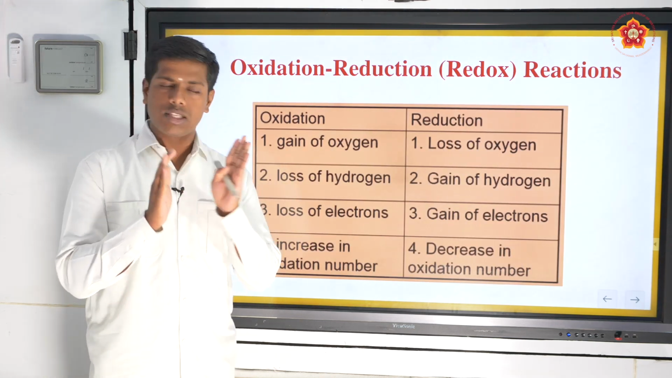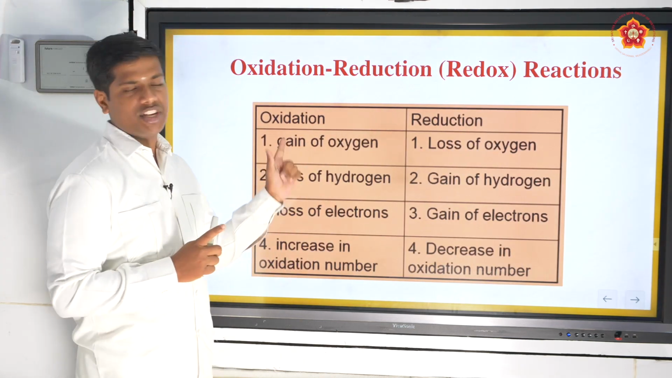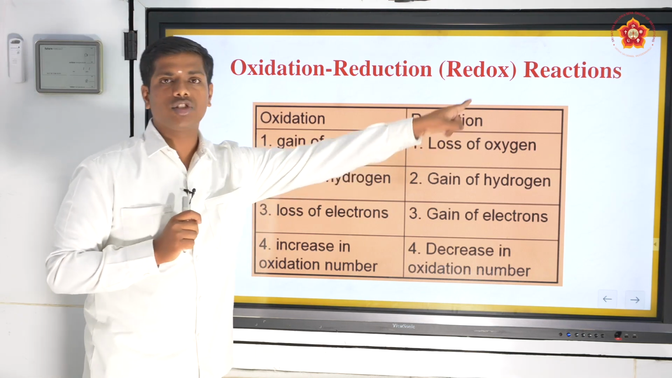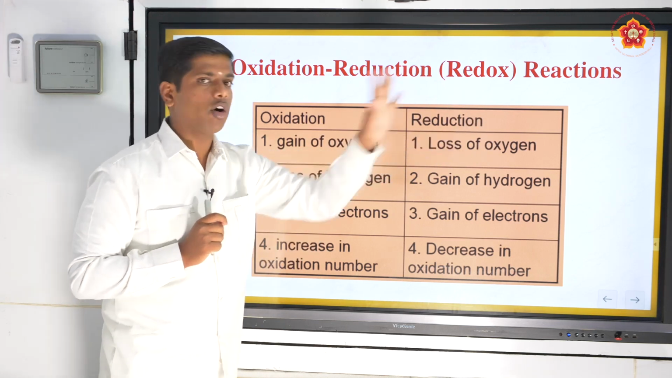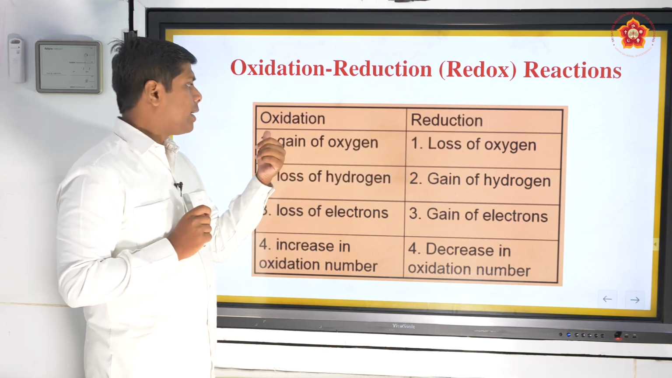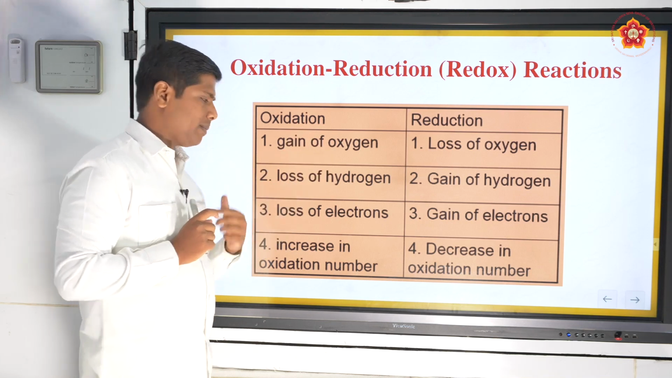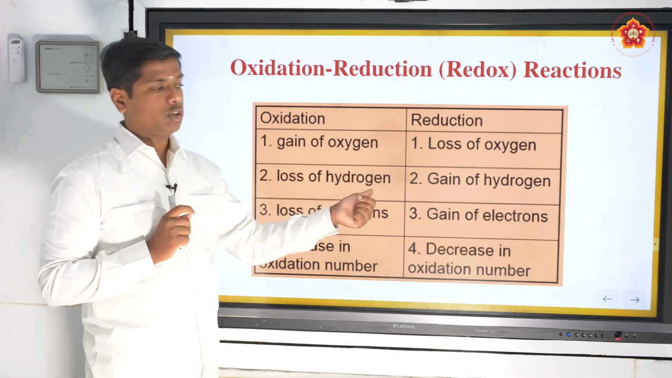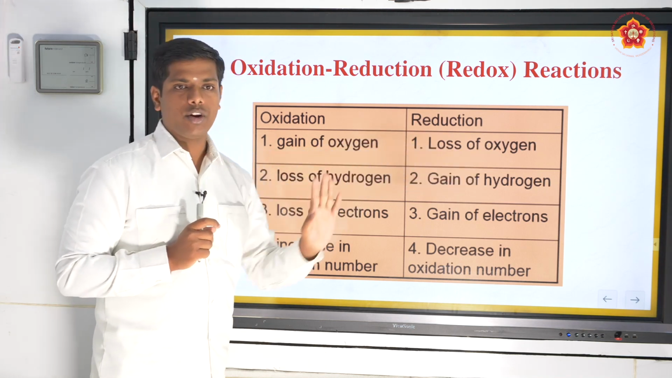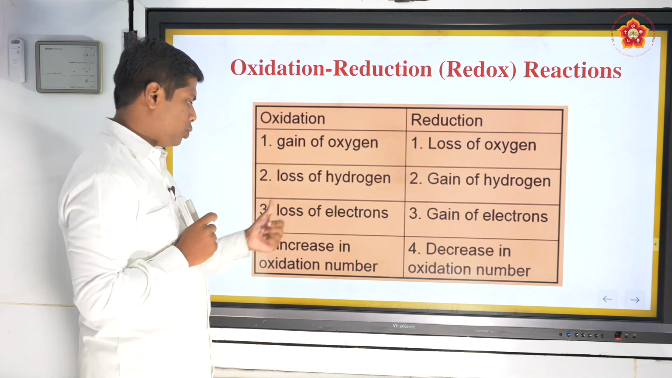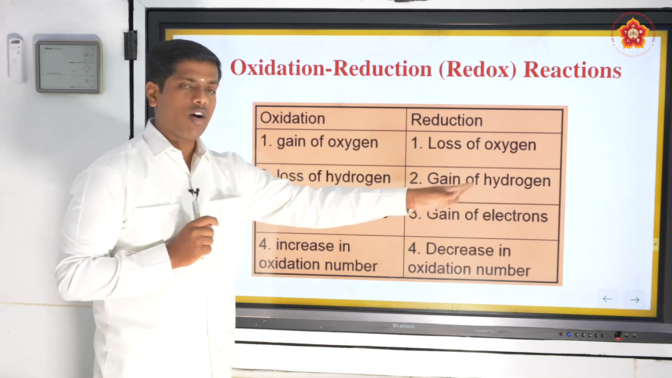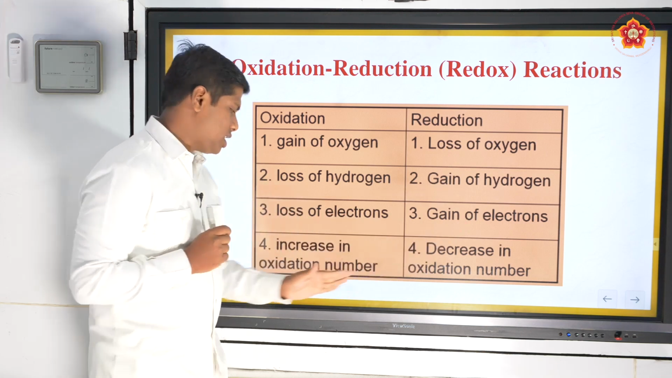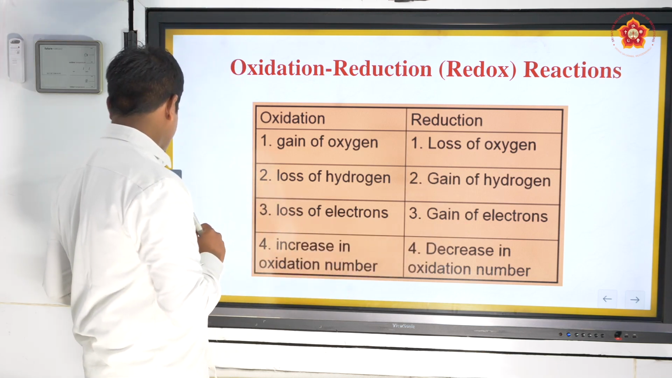Simple definitions for oxidation and reduction. Oxidation, gain of oxygen. Reduction, loss of oxygen or removal of oxygen. Next, second definition. Oxidation, loss of hydrogen. Gain of hydrogen, that is reduction. Then loss of electrons, gain of electrons, increase in oxidation number, decrease in oxidation number. Last two topics,